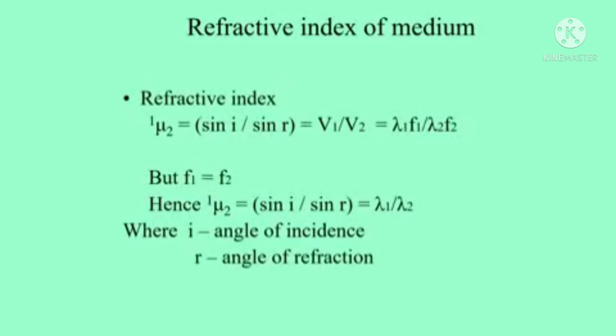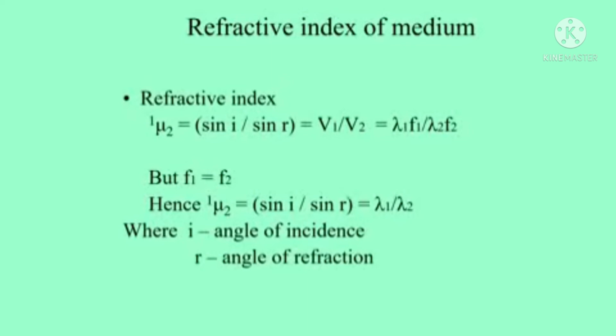In 11th standard, we already studied the relation between velocity, frequency and wavelength. Velocity equals frequency into wavelength. Therefore, V1 equals lambda 1 f1 and V2 equals lambda 2 f2. Therefore, we get the relation V1 divided by V2 equals lambda 1 f1 divided by lambda 2 f2. But we know that when any wave passes from one medium to another medium, the frequency remains constant. That means f1 equals f2. Therefore, the above formula becomes